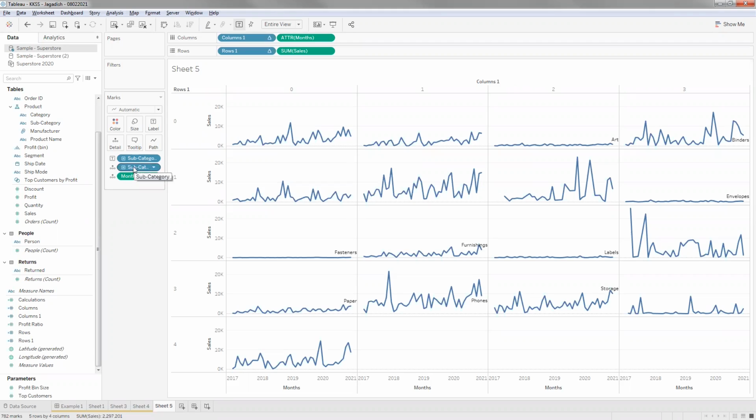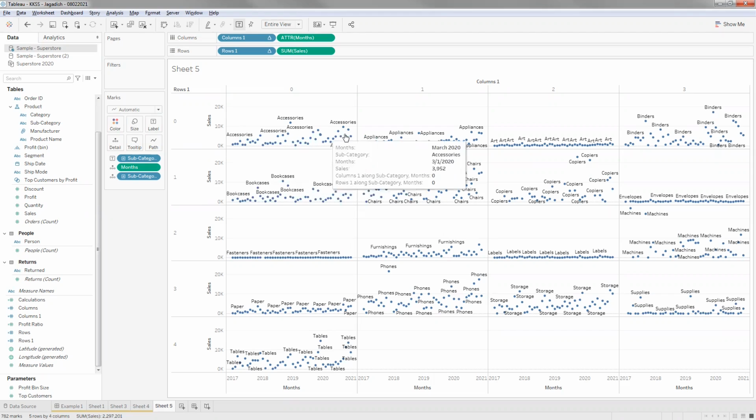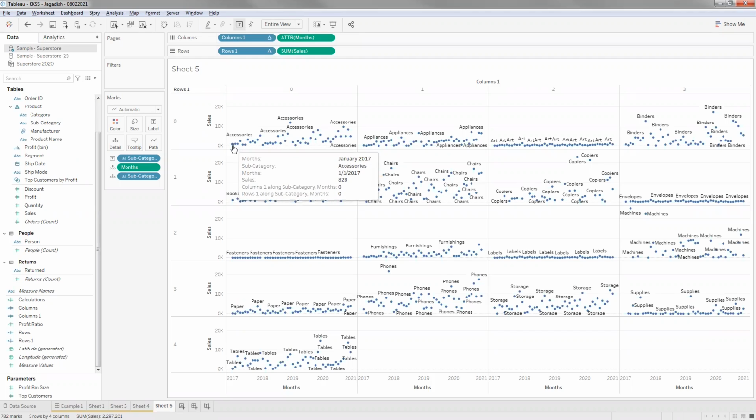You can think that we have subcategory and months in detail, right? And just imagine what happens if I just change the order of these things. Okay, months, I'll put months first and then subcategory, and now everything is changed, right? What it's trying to do here is, instead of plotting for each subcategory across months, it's taking every combination of month and subcategory as one line. And every combination of month and subcategory will only have one point based on the selection in the view that we have created. So basically one point is one line here.